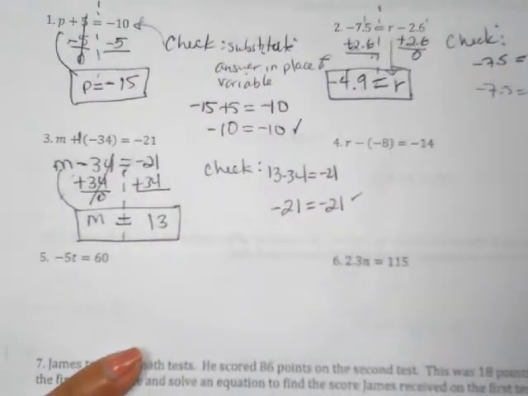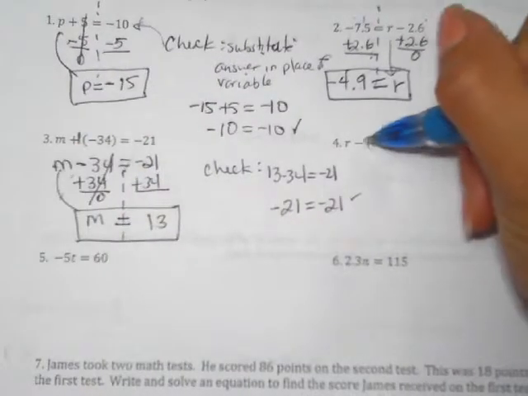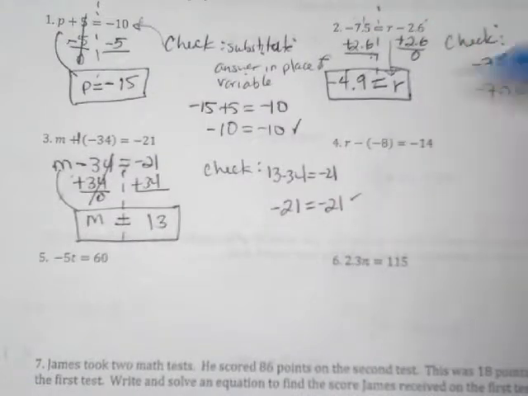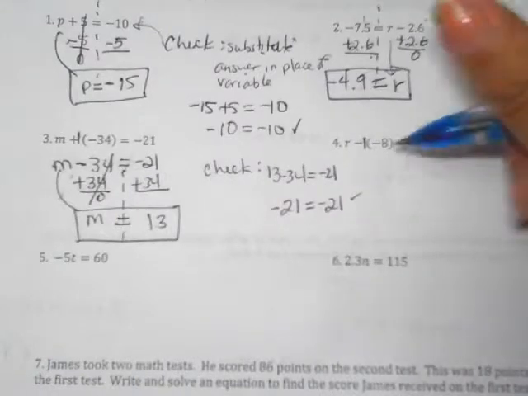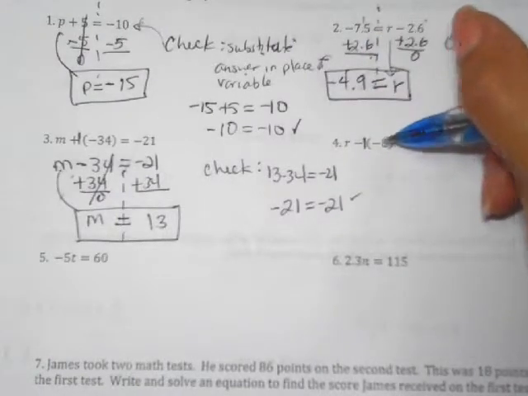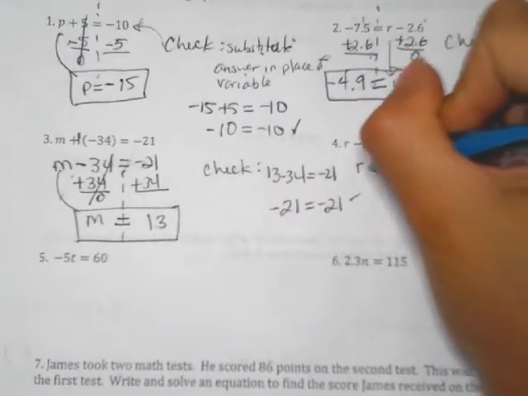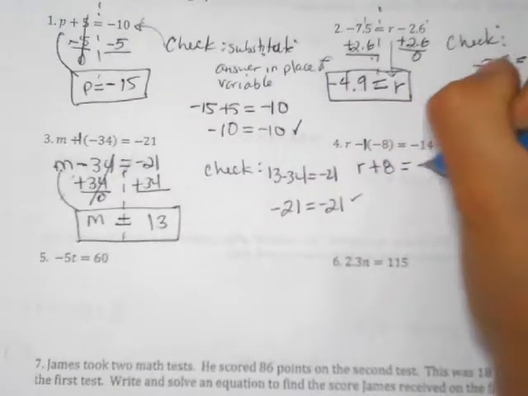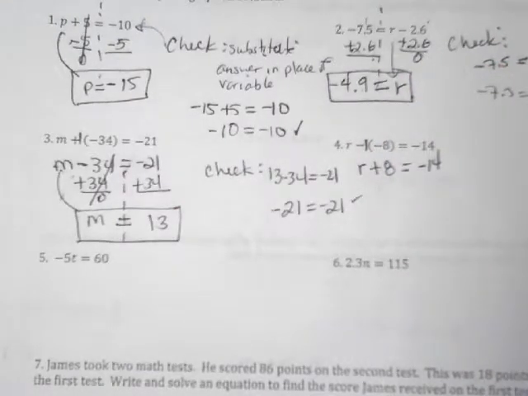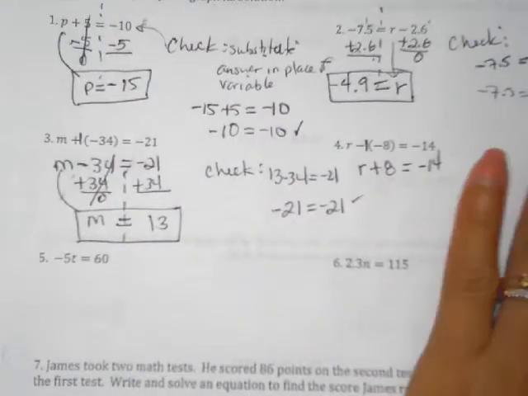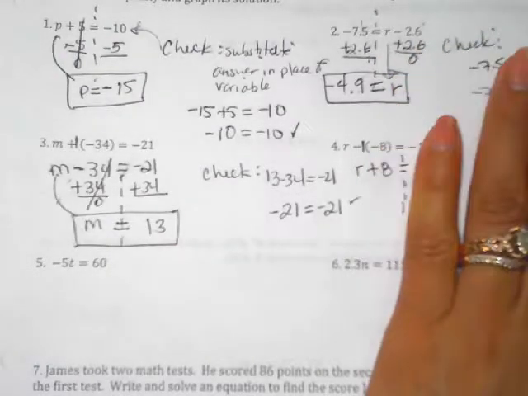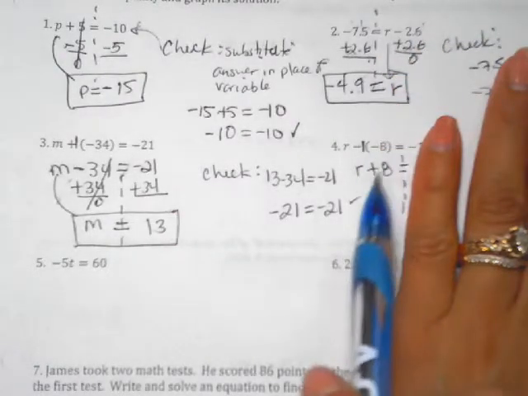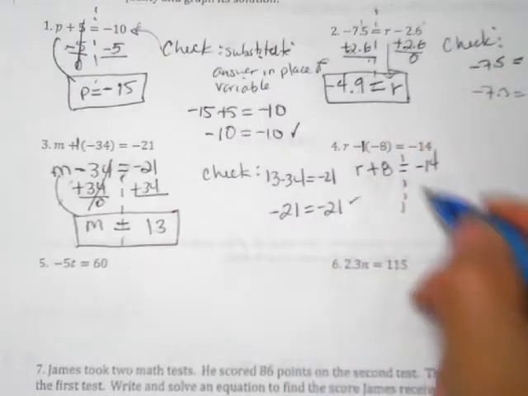On number 4, since we have parentheses and a sign outside of it and a sign inside, go ahead and put a 1 again, and now I have a negative 1 times a negative 8, which will give me a positive 8. So no more parentheses once I multiply that in. Then we look and we see our variables on the left, so that's where we're going to start. Make your wall. And the inverse operation, the opposite, would be to subtract an 8. So minus 8,